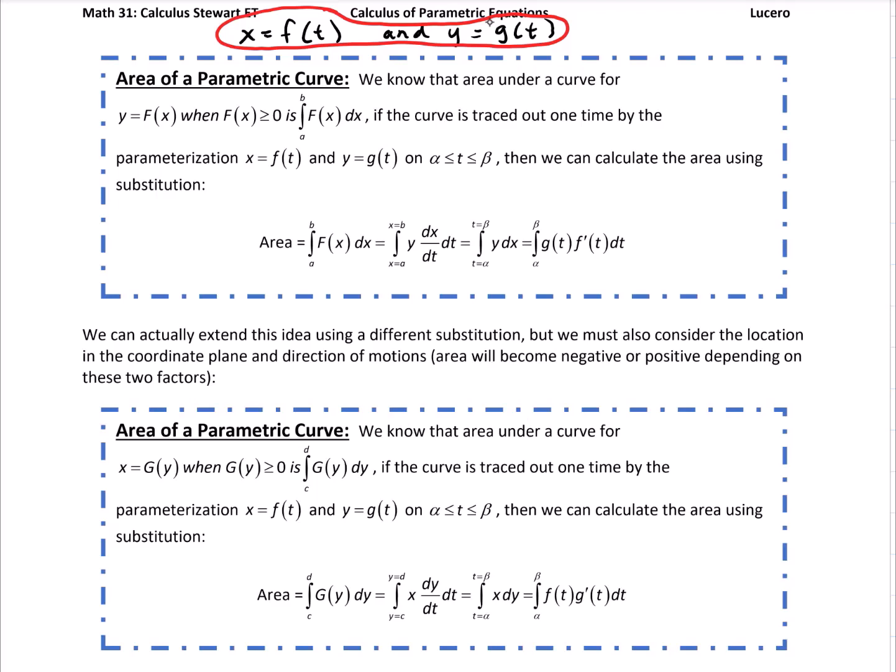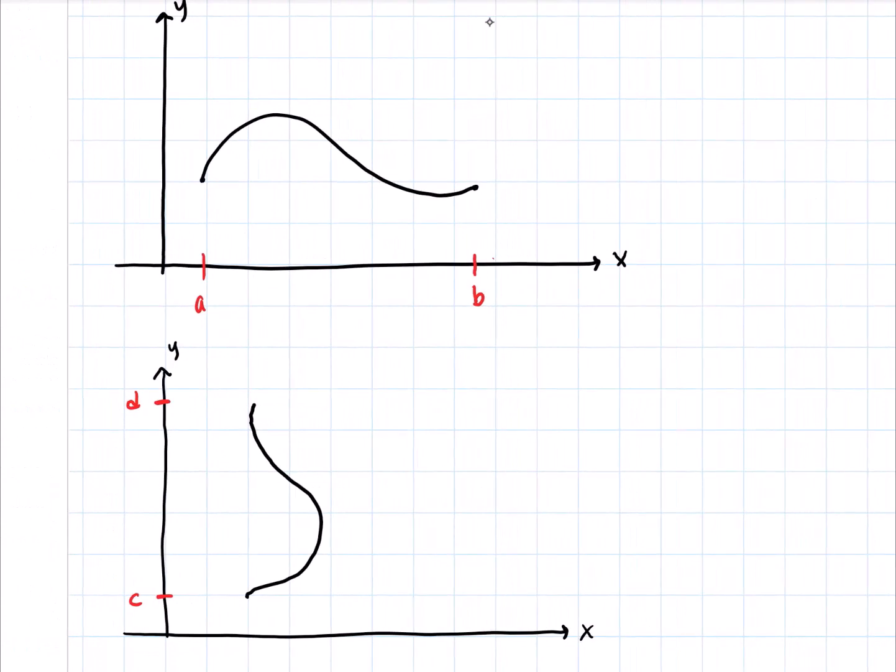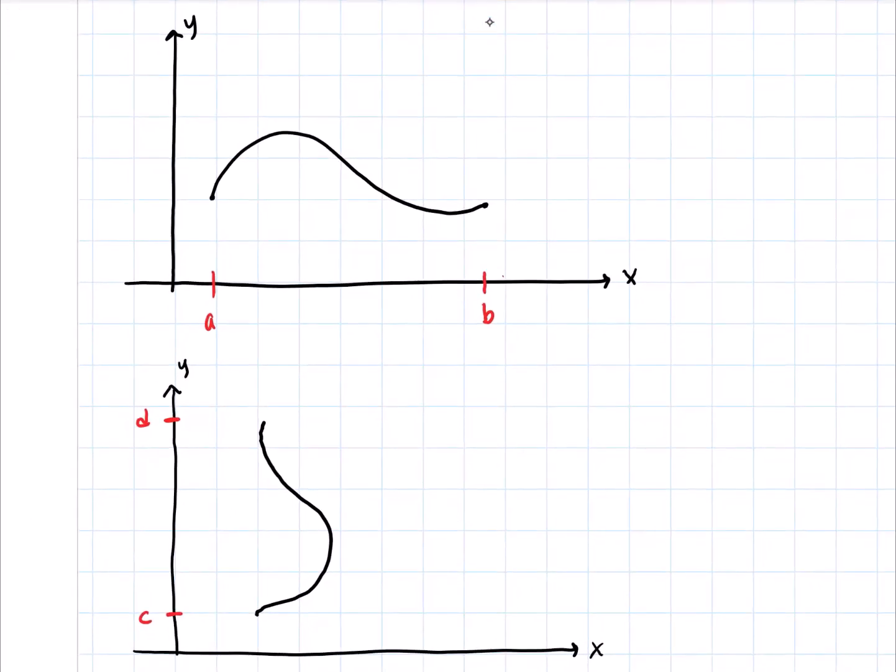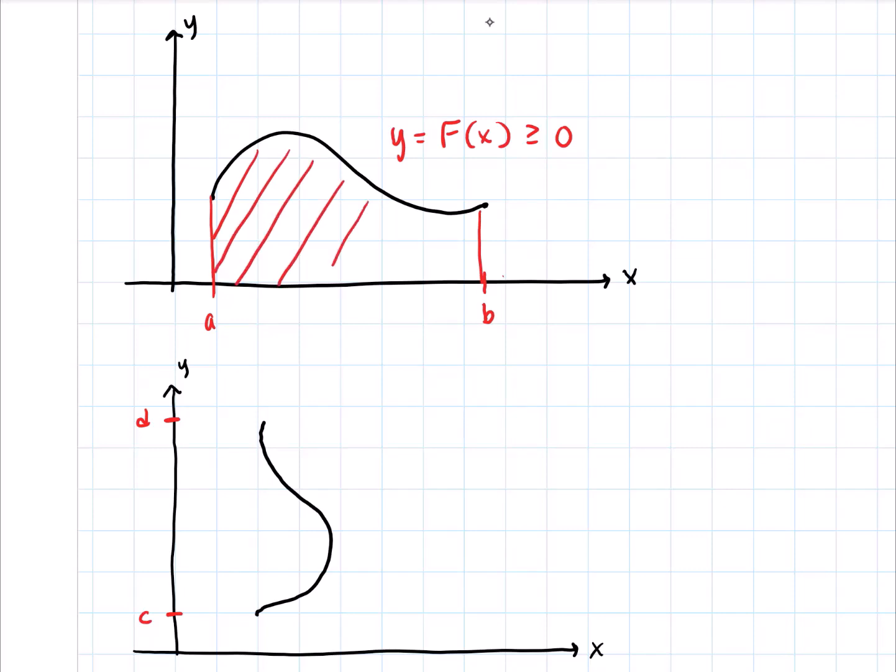To do that, the first thing we're going to do is think back to how we computed area under a curve that was defined explicitly. So let's take a look. If we had a curve that looked like this, it would be the function y equals f of x. Notice here that f of x is greater than or equal to 0. And if we wanted this area underneath this curve to the x-axis,